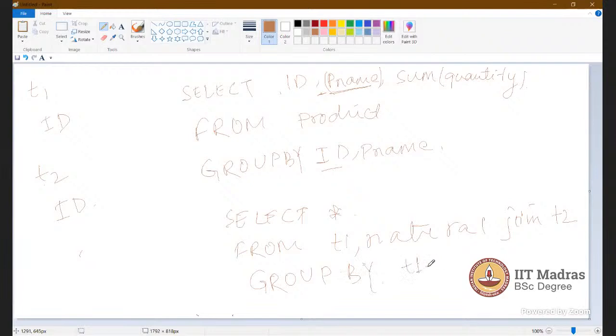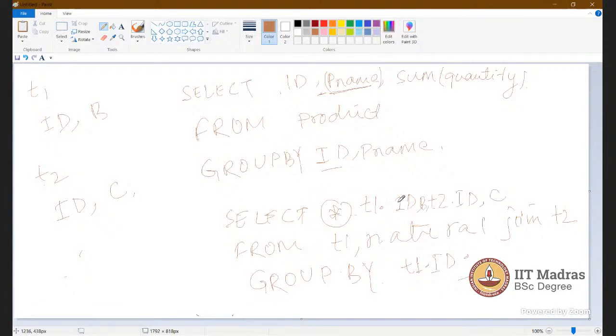T1 dot ID. Suppose there is not only ID, there are B and C. So star will return T1 ID and T2 ID, and B and C also.